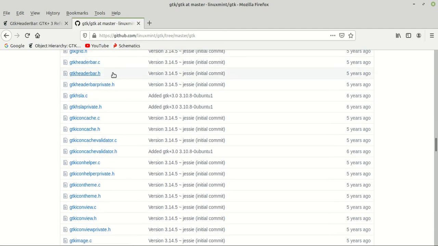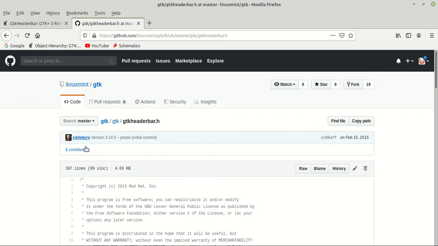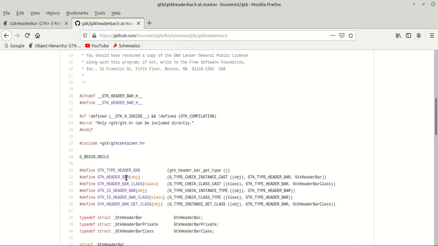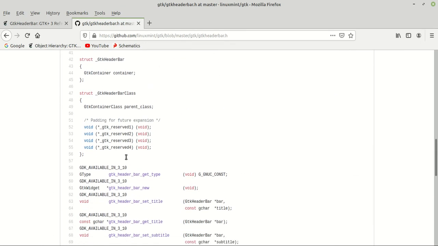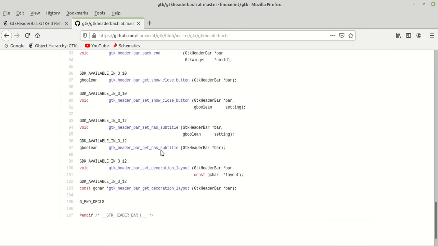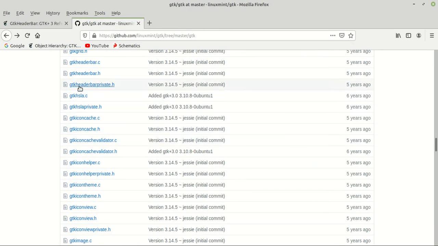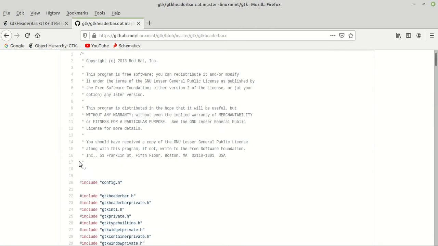So basically we have its header file as well. So here we can see a lot of its implementation, where and how it was created, and those things which were declared. And of course we go back to the header bar right here, gtkheaderbar.c, and then we can see.